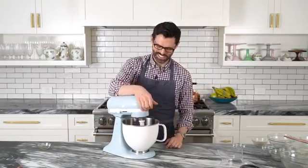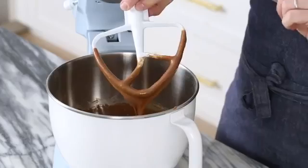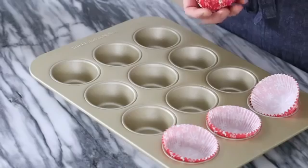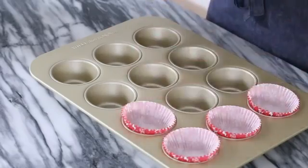All done. Let's take a look. It's a very thin batter, but it's going to be an amazing fluffy cupcake. You're going to be shocked. Okay, batter is done. Time to put some cupcake papers into our cupcake tin, and then we're going to be